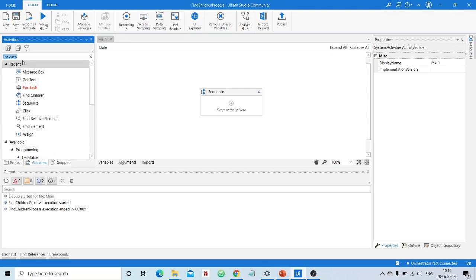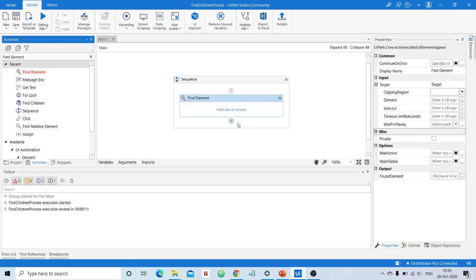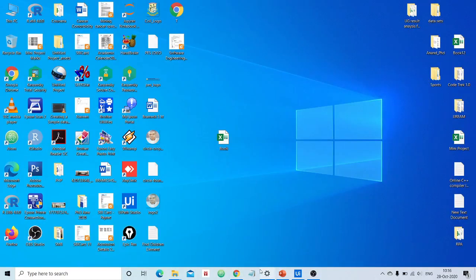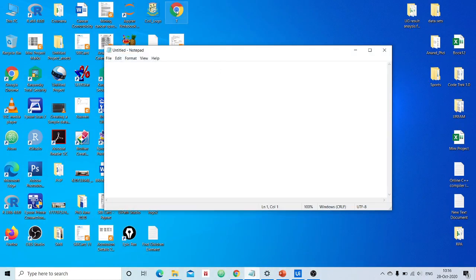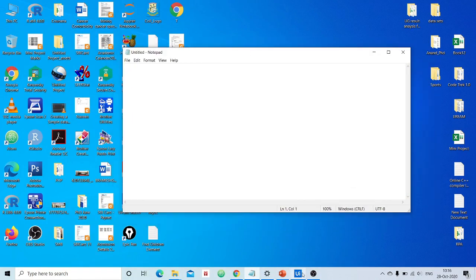Go to the search box in the activities panel, then type find element and drop it over here. This is the option I was telling you about, that you can indicate on a screen. For this I will go to the notepad, and let us assume I am trying to find this UI element.